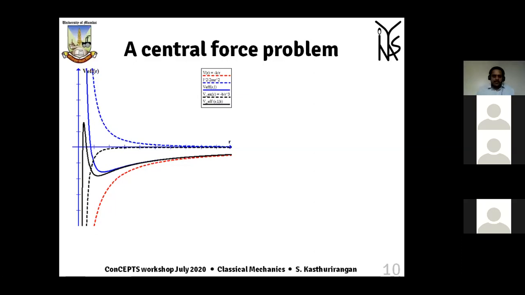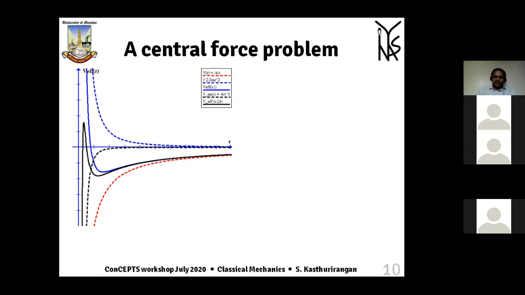Yes. Kamya Pandey says that usually we have V is equal to minus K by R in the central force problem. What is the effect of the 1 over R cube term on central force? First thing is to check whether it is plus 1 by R cube or minus 1 by R cube. If it is plus 1 by R cube, it makes more or less no difference. It only makes some difference at extremely high kinetic energies.